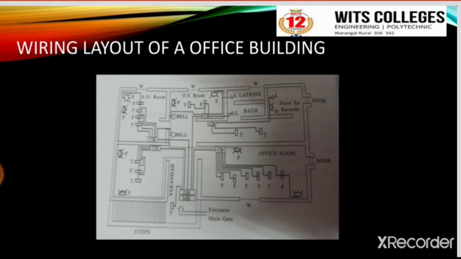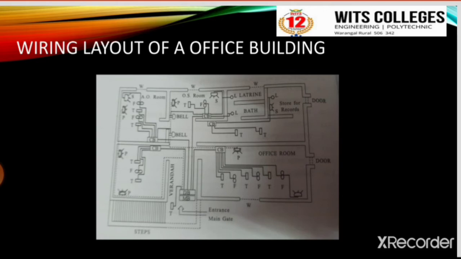First of all, consider how the installation is placed. The power is generated at the generation station, then goes through transmission to distribution. From the distribution, the power is distributed to the poles, and we take the power from the poles to the meter board. You can see at the entrance, the main gate, we have placed a meter board.